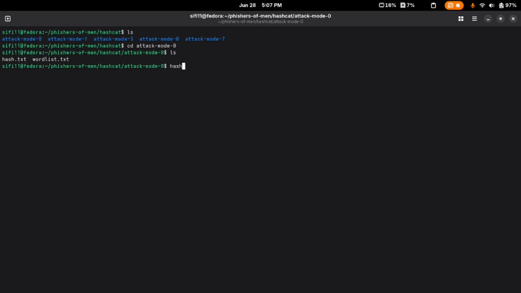First, you're going to specify that you want to use Hashcat. Then you're going to use the mode flag to specify that you want it to crack an MD5 hash. Then you're going to specify the attack mode with -a. Since this is attack mode 0, we're going to be using attack mode 0 as well. Then you are going to specify the hash, which will be hash.txt, and then you specify the word list, which